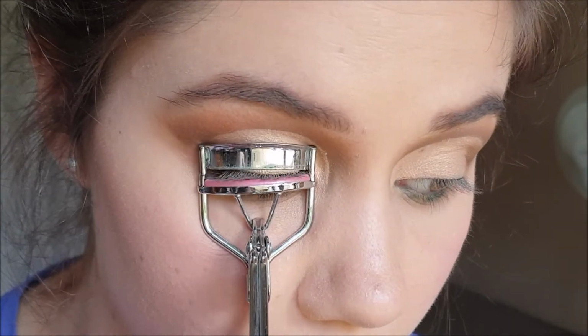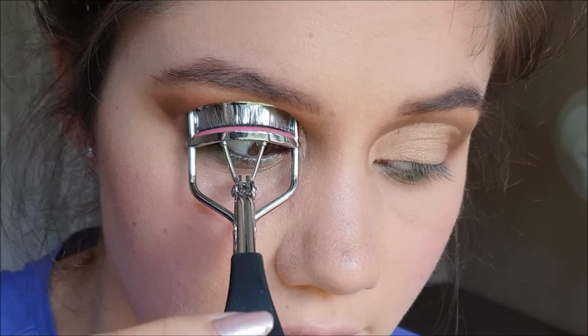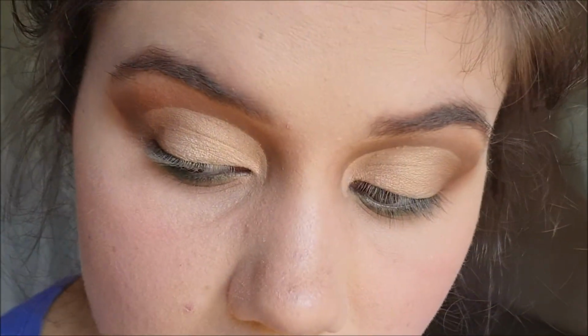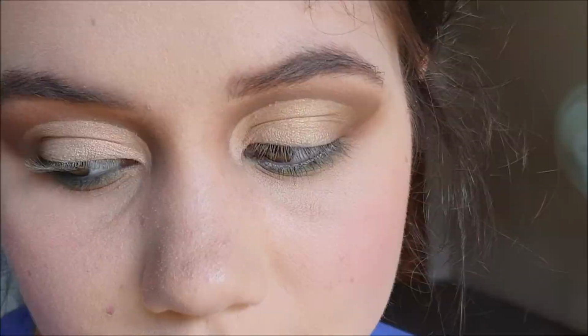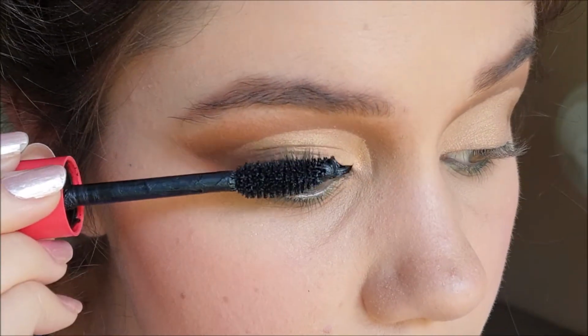And lately, to curl my lashes, I catch them in the thing, squeeze, and then tilt it upwards and pinch, let go, pinch, let go, pinch, let go until I reach the ends, and I find it curls it more. And you can kind of see the difference now between my two lashes because this side is curled and this side is not. I'm using this Get Big Lashes Volume Curl Mascara from Essence, and I'm going to apply it